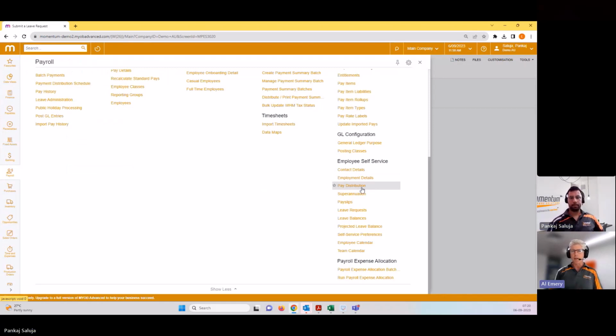Pankaj, the leave approval workflow can be quite sophisticated. It can go to two approvers if need be, line manager and then payroll manager, for example. And the managers can look at projected leave balances as well as the previously approved leave in a calendar format for their team members. Just conscious of time,